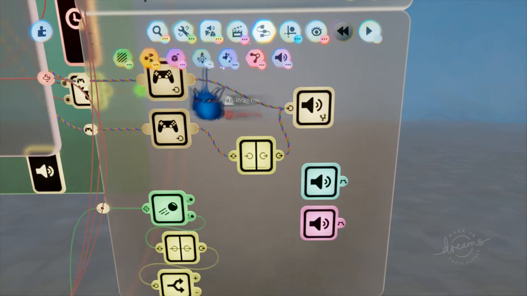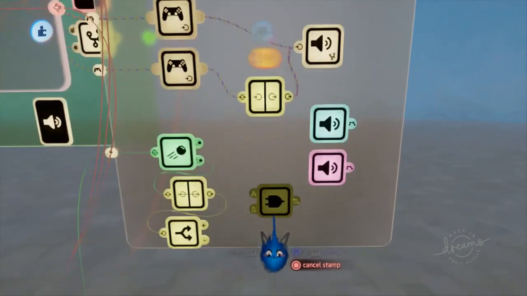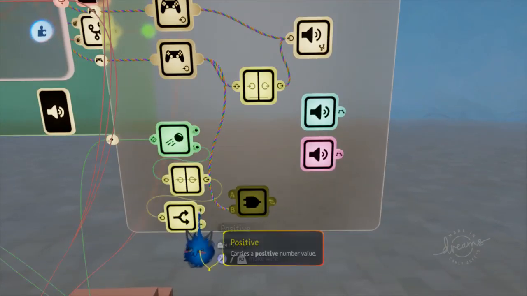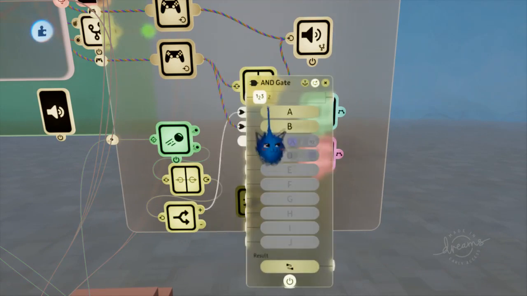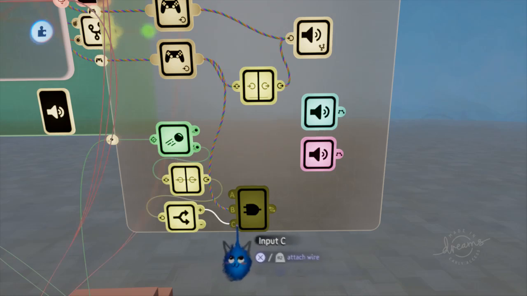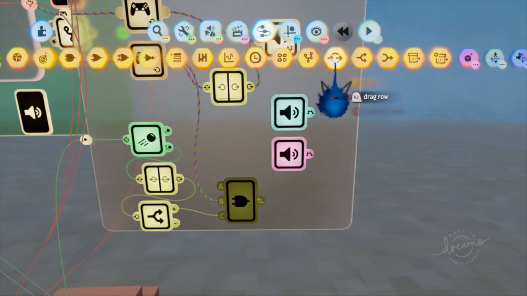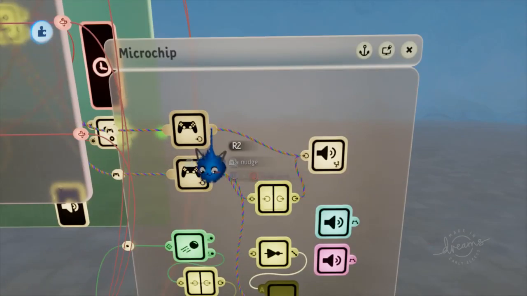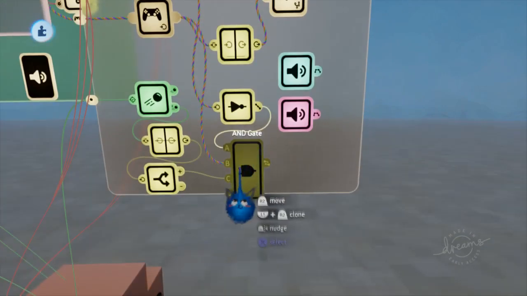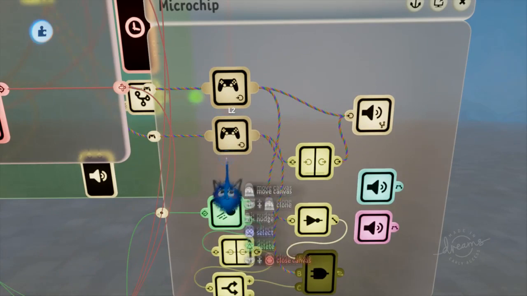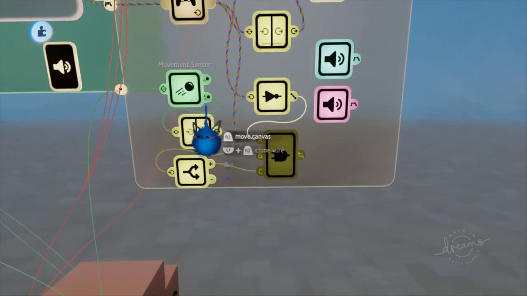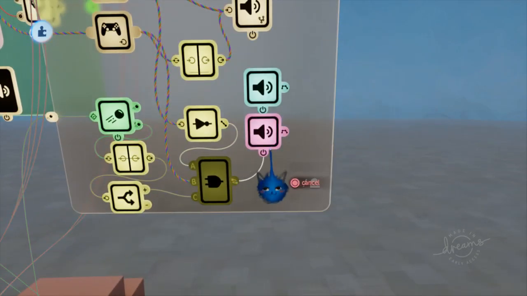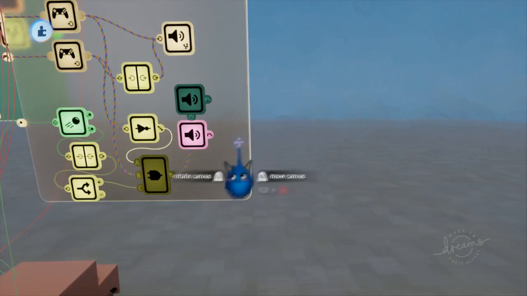So let's do, we're going to get an AND gate from our logic processing section. If we have L2, and if we are going forward, and we're not accelerating, we get a NOT gate, and plug that into the AND gate, and then R2 goes into the NOT gate. So if we are not accelerating and we are decelerating with L2, and our speed is greater than 0, then we are going to go ahead and make the tire screeching noise for, of course,